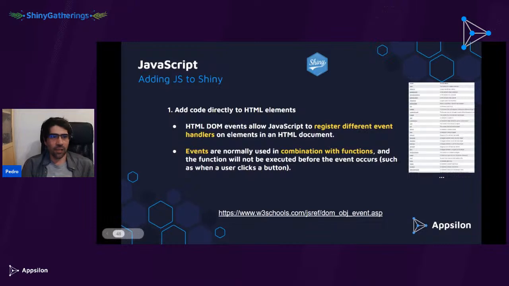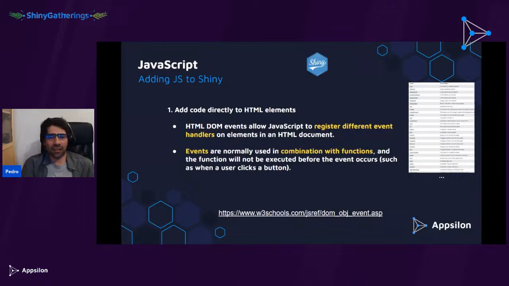It's also worth mentioning that there's a lot of events. I couldn't even paste the entire list here. It's probably 10 times this small screenshot. It just lets you register all kinds of different events on different elements. So you can have on click, on change, on hover, on pretty much anything. There's probably a JavaScript event for it if you can think about it.